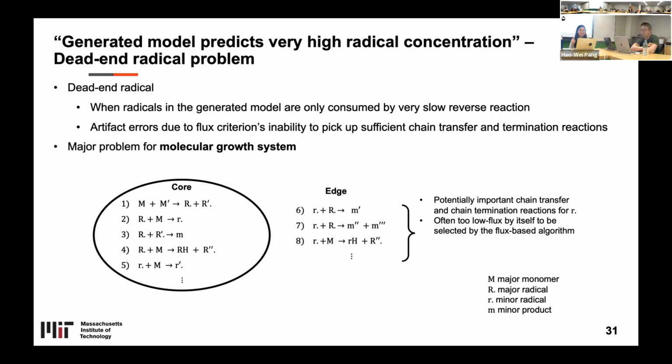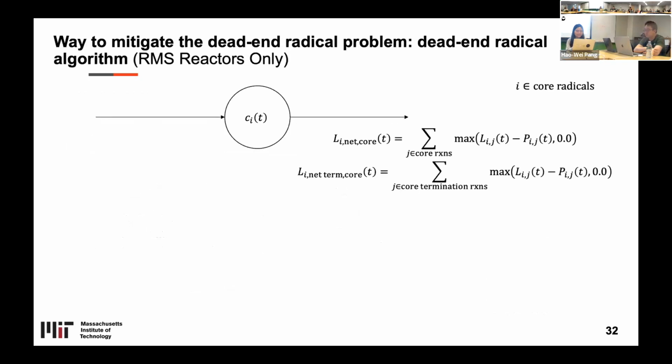So it's difficult because RMG thinks a reaction is only important if it itself has a high flux. It doesn't consider that when the combination of all these reactions has a high flux, it can cause a huge difference. So what this algorithm does is it considers a net consumption. It takes the difference between the consumption of a reaction and its production to make sure it's actually consuming radicals.